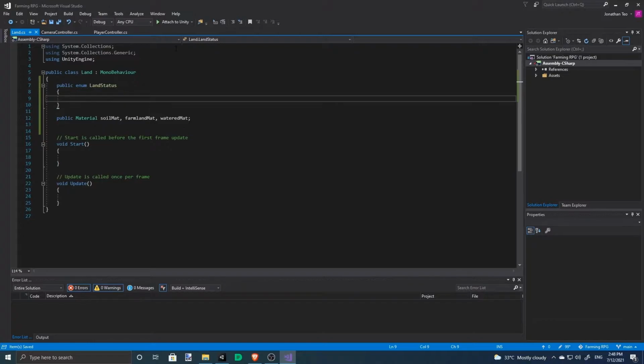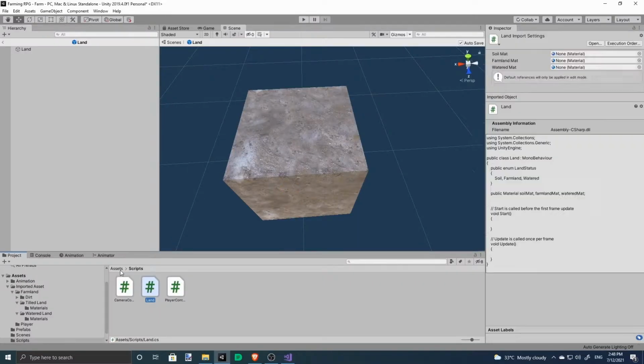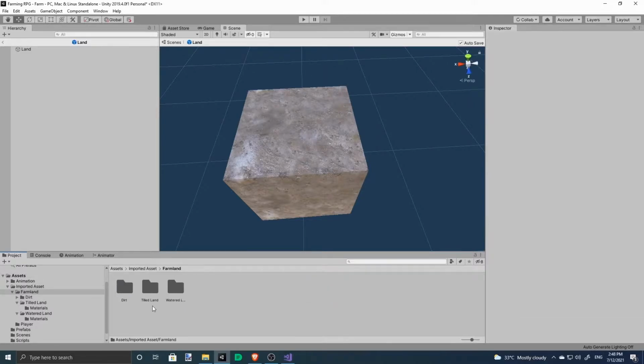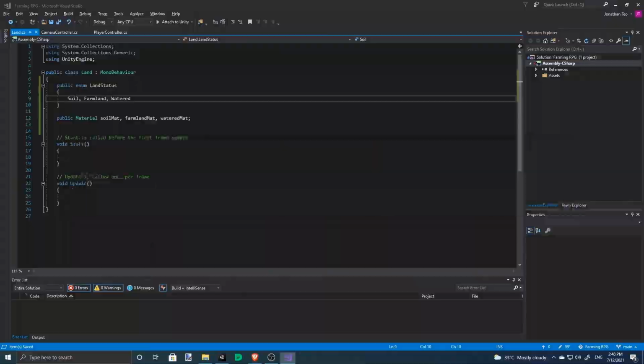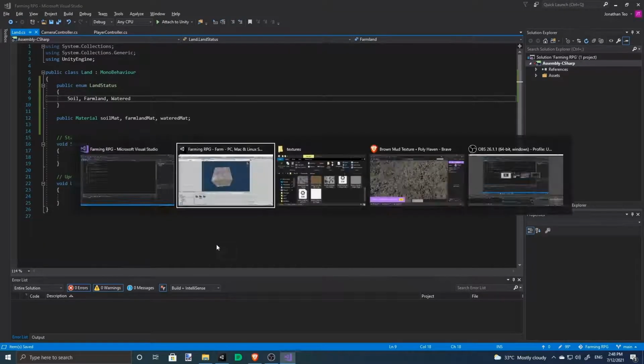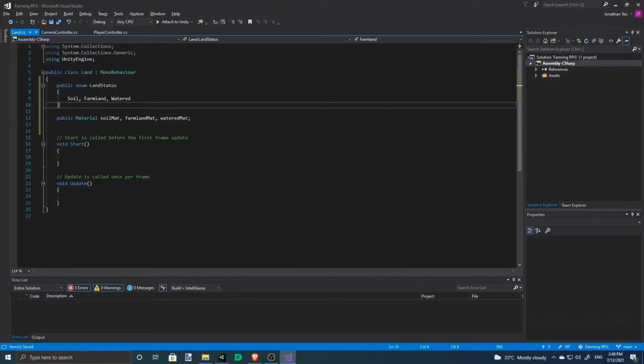Likewise, we'll make an enum to reflect the 3 states that our land will have in its farming system. So that's the soil, farmland, and water. So dirt will be our soil, tilled land will be our farmland, and watered would be our watered land.